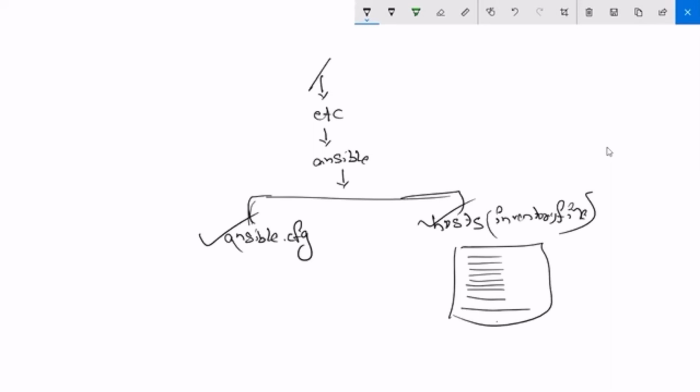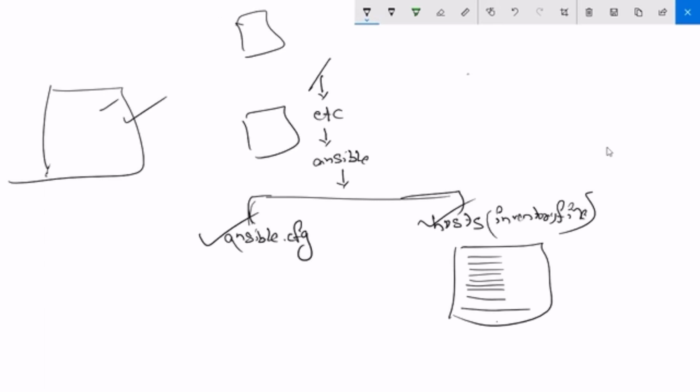So now, let's launch one server. We are going to launch this Ansible server, and we'll install Ansible on it. Make sure we install Ansible only on the server. On the nodes we are not going to install Ansible. Why? Because by default you will get SSH on nodes. That's why installation of Ansible is not required on the nodes, only on the server. So let's quickly launch one machine and install Ansible on it.